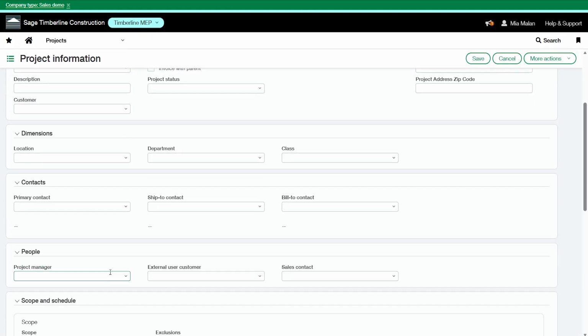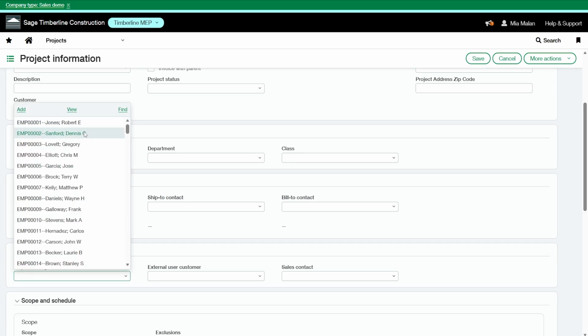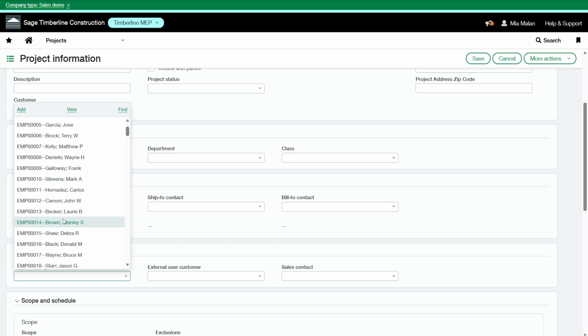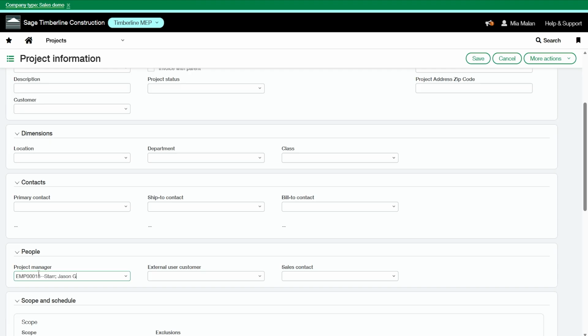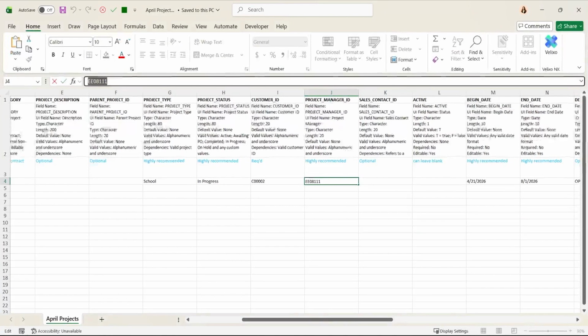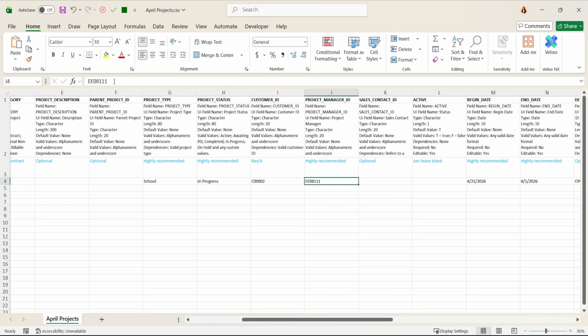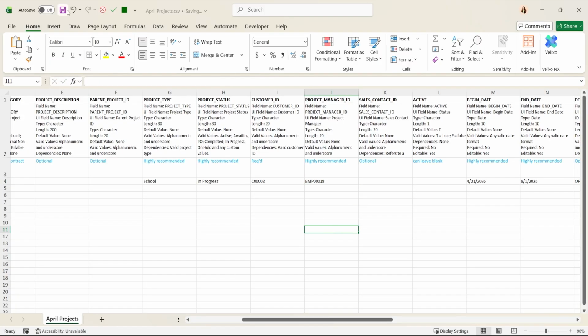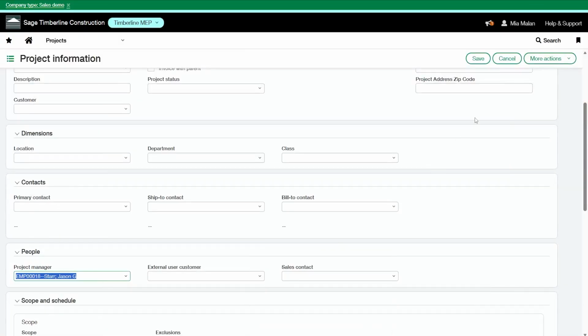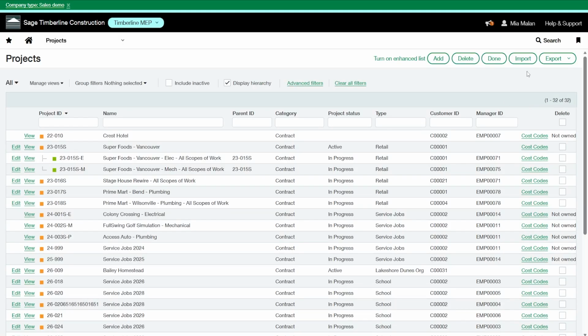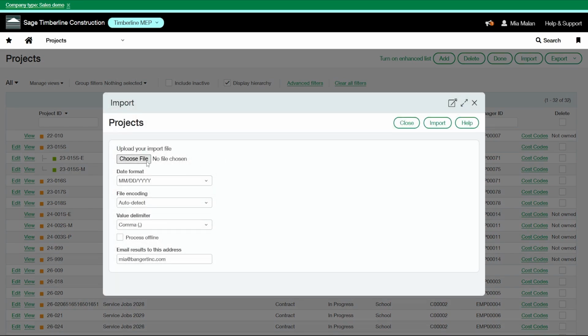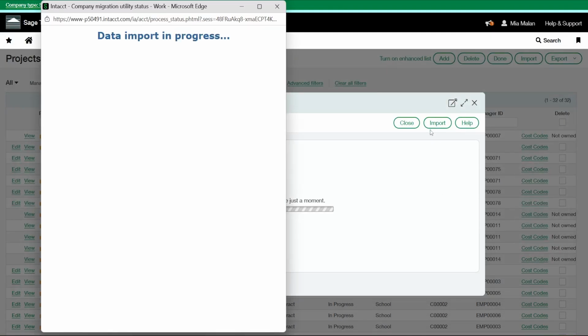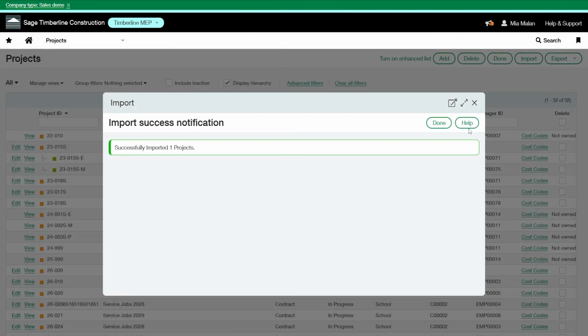So I can go into my list of project managers here. I will update my file. Since this PM is no longer active, we'll resave. Let's import again. Beautiful.